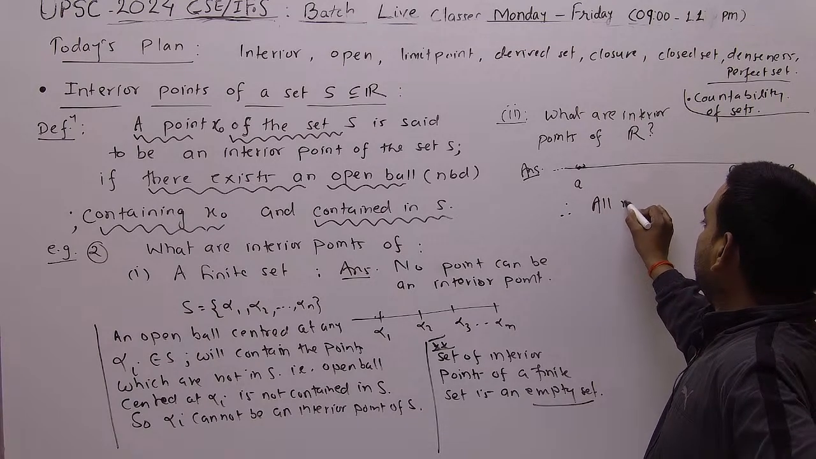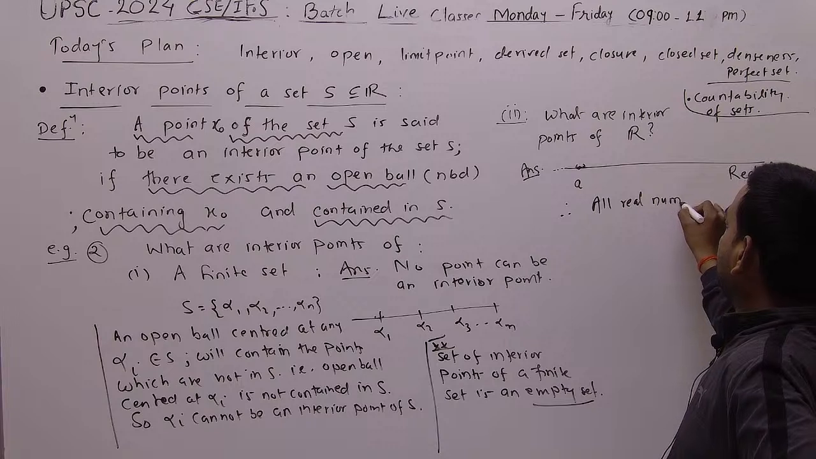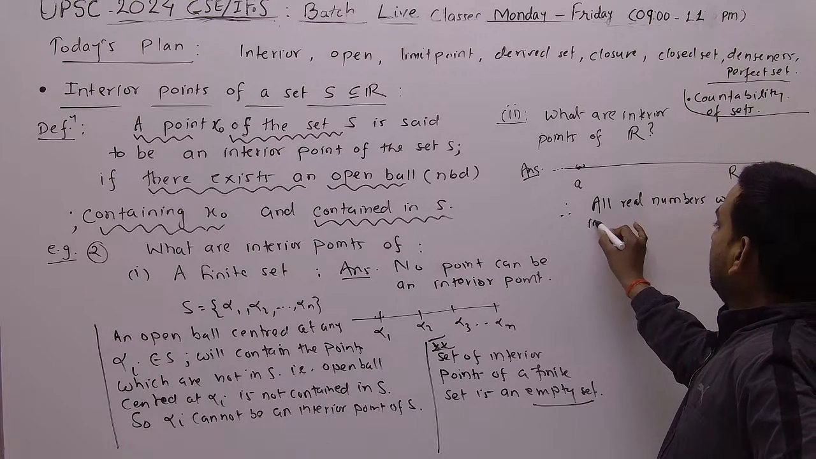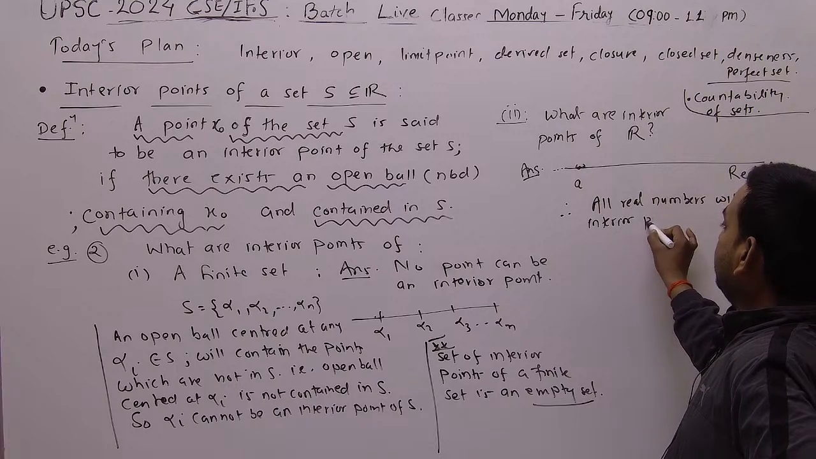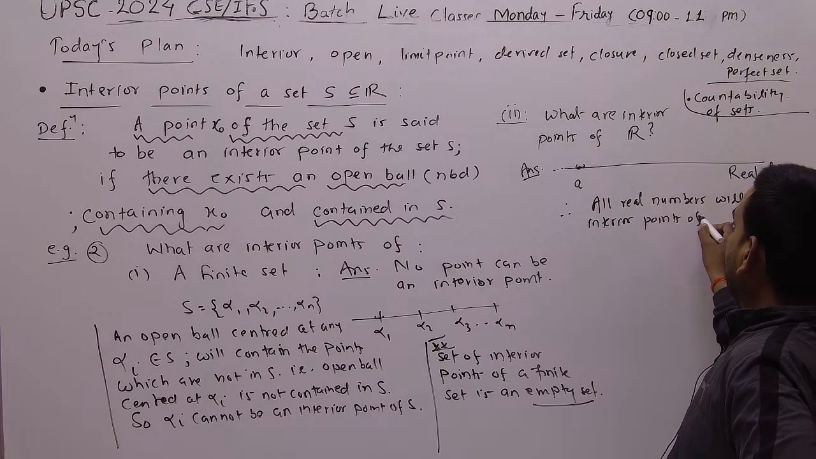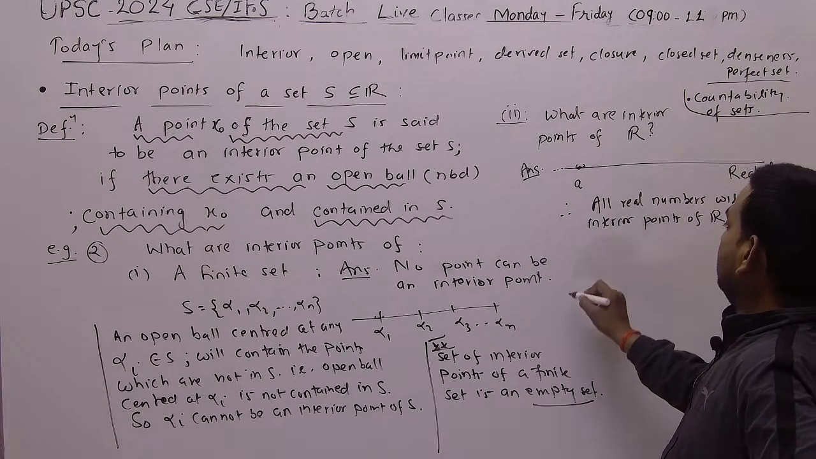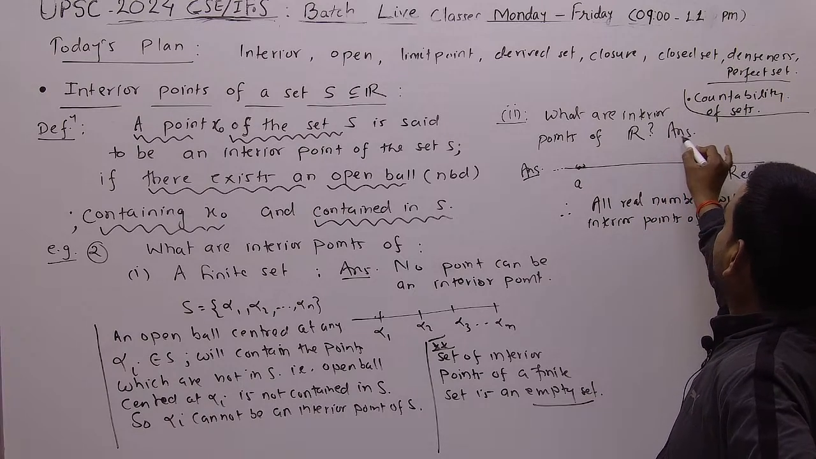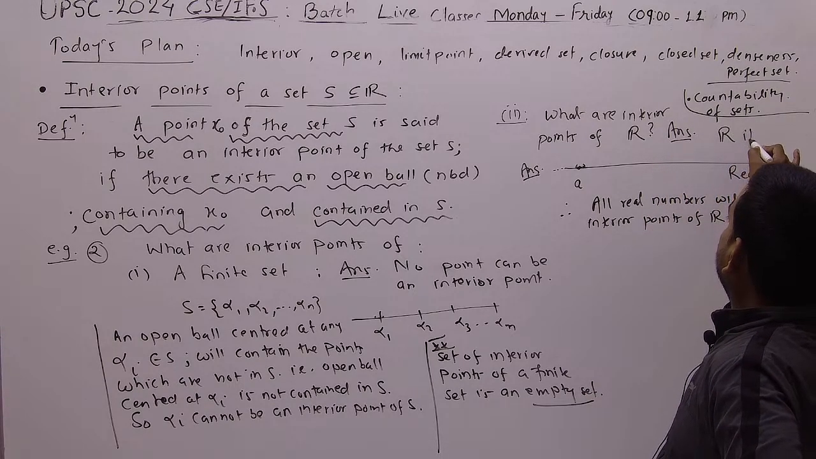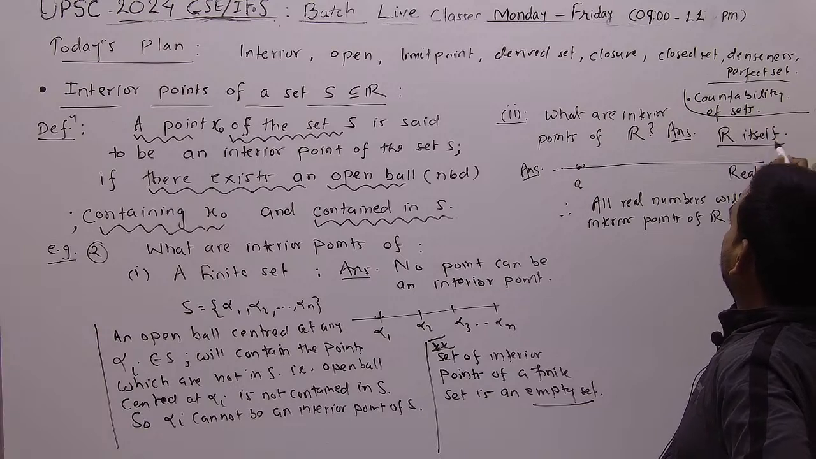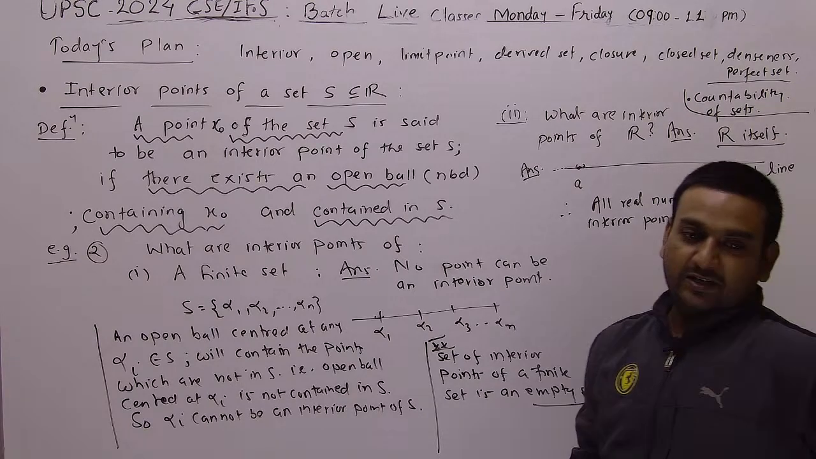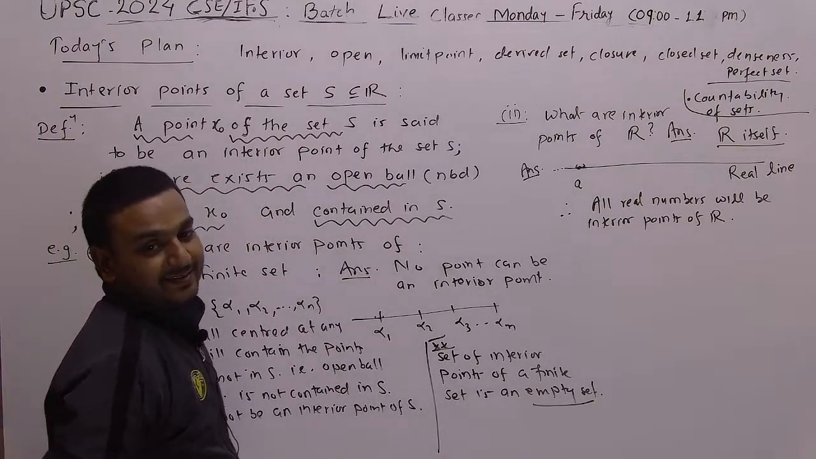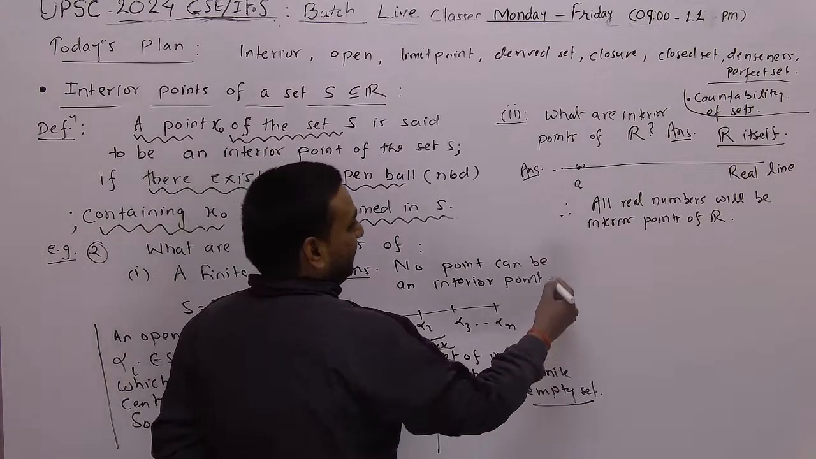So answer will be all real numbers will be interior points of R. Right. So इसका आंसर क्या हो जाएगा? R itself. कोई दिक्कत? एनीवन? नहीं दिक्कत तो चिल्लाइए फिर।